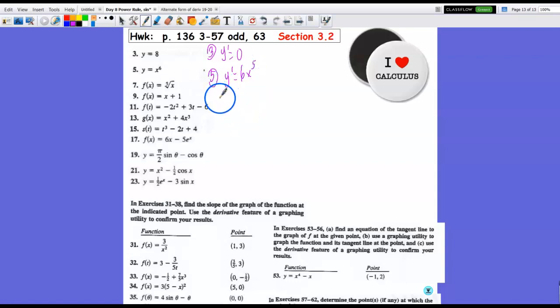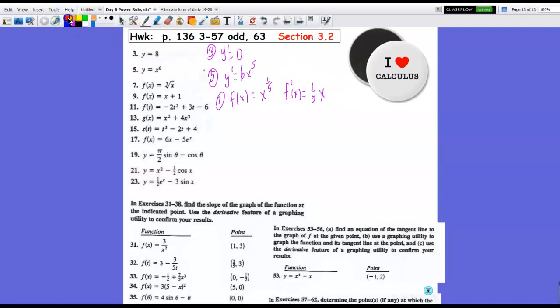In problem number 7, we're going to do a rewrite first. So we're going to change that 5th root of x into x to the 1/5 power, so we get our function into power function format. So when I find the derivative, I'm going to apply the power rule. So I'll multiply the power of 1/5 by the coefficient, which is 1, x to the